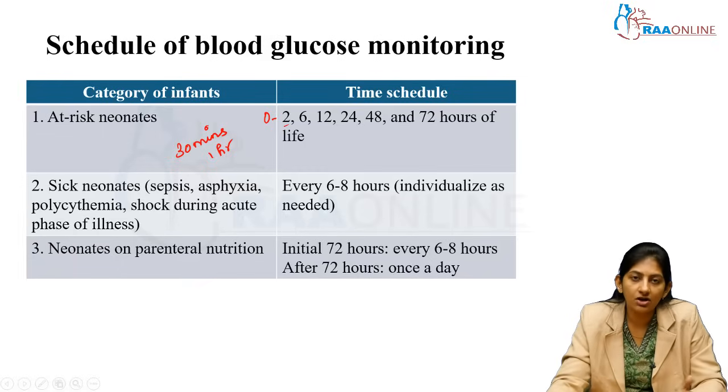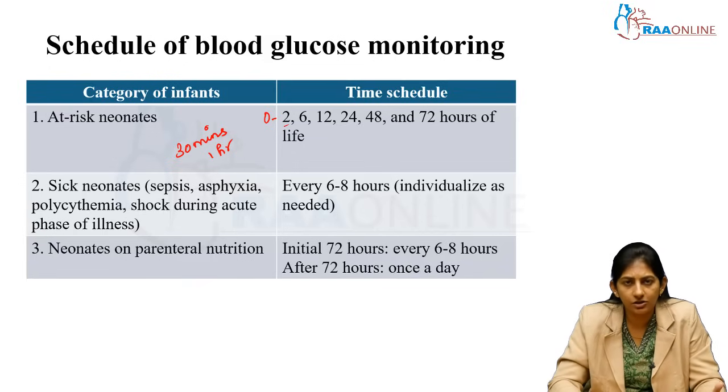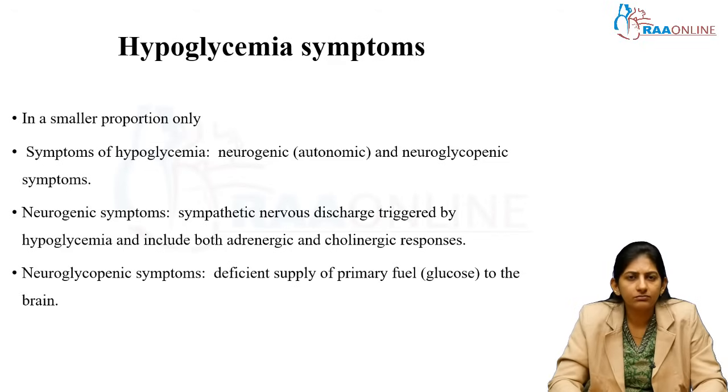and how they are responding to the feeds, or if they are on GIR. If the baby is on total parenteral nutrition, it is done every 6 hours till 72 hours and then once a day. So this is something we do follow, but of course, if the baby is going in for resistant hypoglycemia or refractory to the GIR, increase the GIR to 12, and that needs frequent glucose monitoring. That is a very low percentage of babies who go in for such situations.